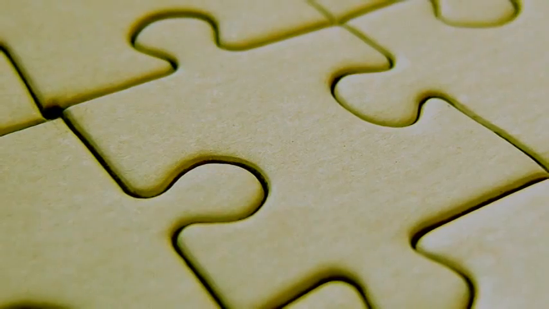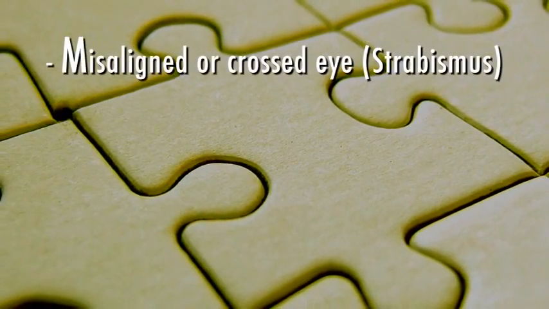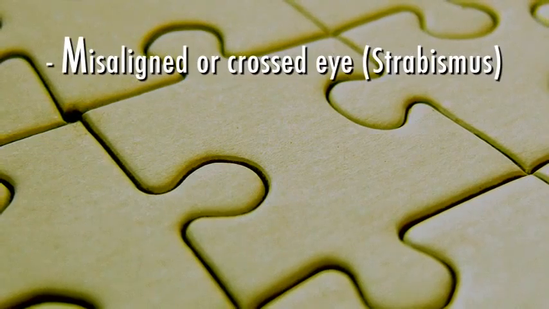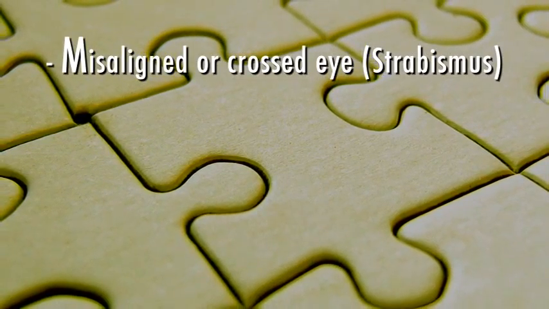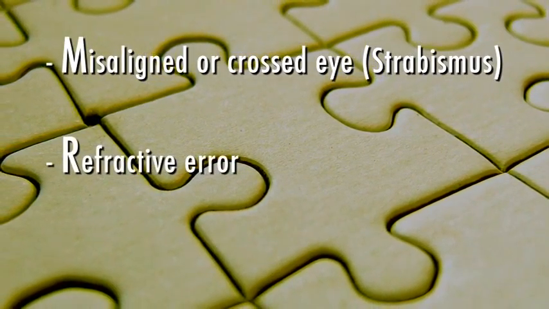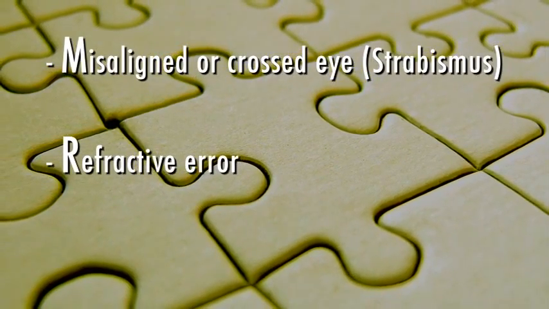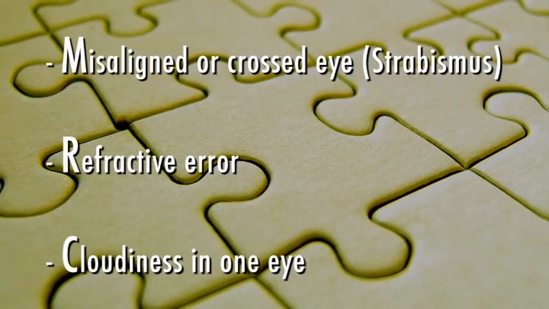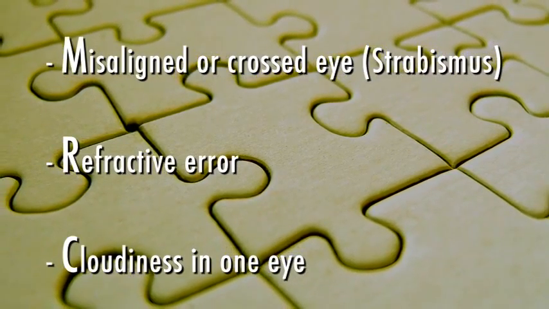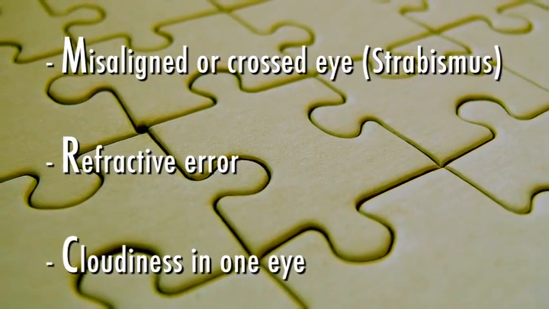There are three main reasons why amblyopia occurs. They are misaligned or crossed eye, called strabismus, where double vision is caused by the brain seeing two different images. Refractive error, where one eye is farsighted, nearsighted, or astigmatic. Cloudiness in one eye, where a condition such as cataract is present and vision fails to develop properly due to